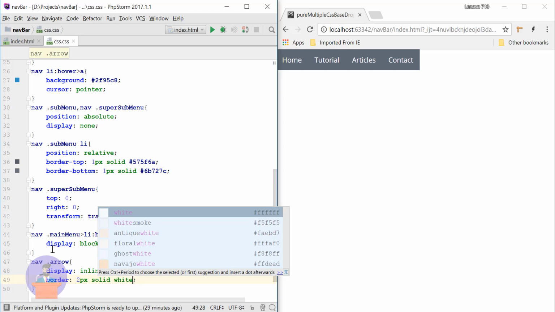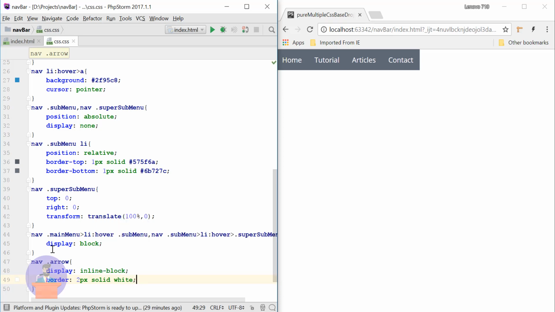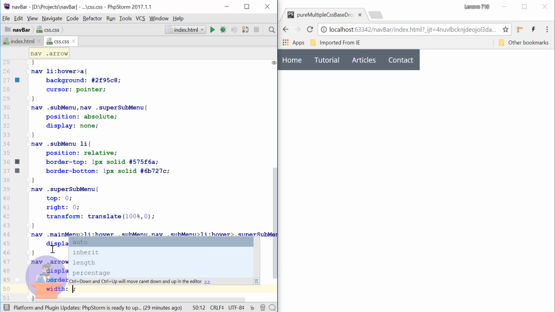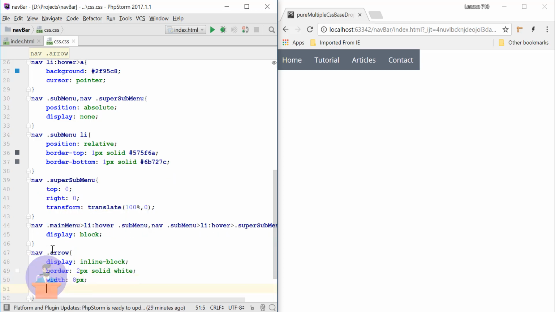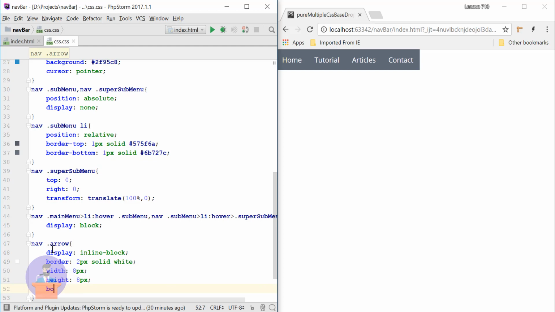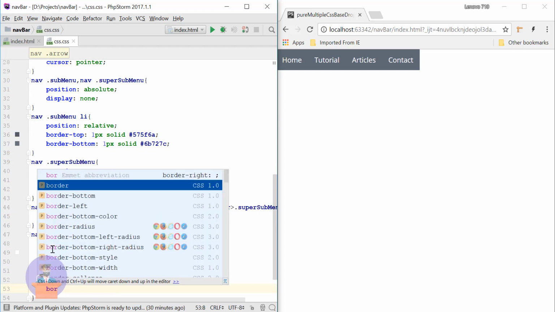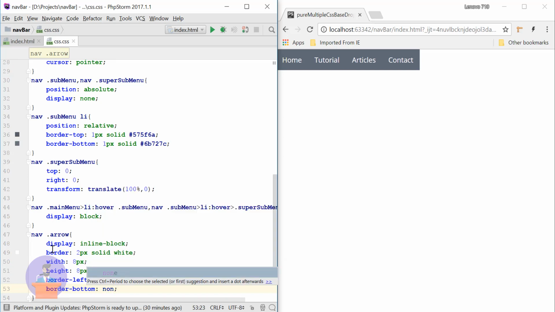We will create one square, remove two borders, and rotate it according to which arrow we want. So here I will provide width as 8 pixel and height the same, 8 pixel, and let's provide border left as none and border bottom as none.